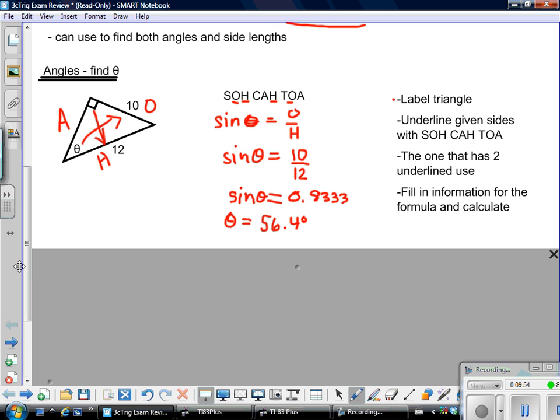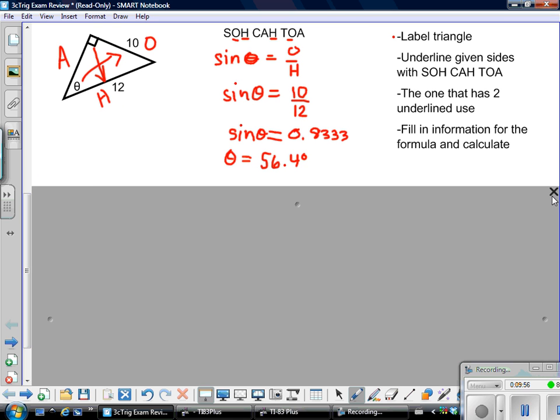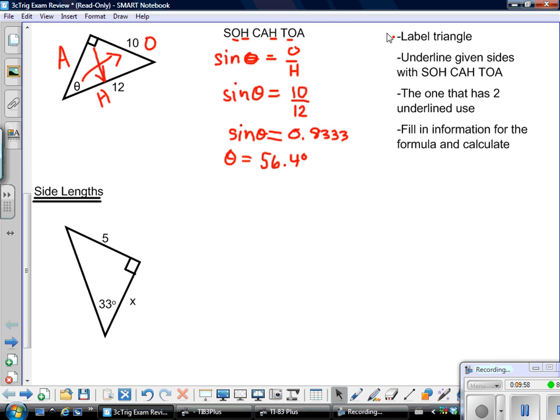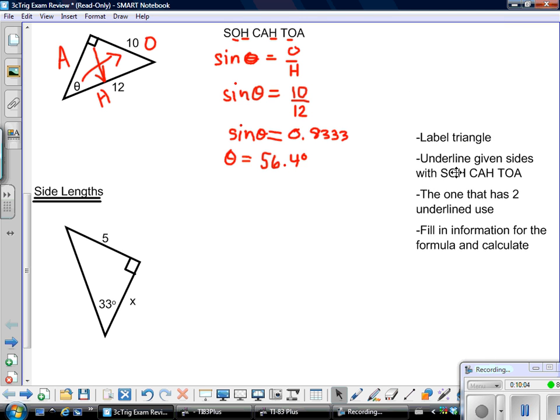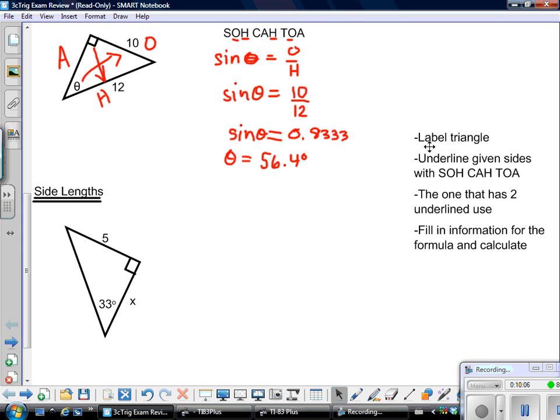The next thing that we're going to look at is finding a side length. Now, when we're finding a side length, we're actually using the exact same steps. So that doesn't change. It stays the same. So this time, again, labeling the triangle, and this time I'm not going to draw arrows. I'm just going to do it. So here's my right angle. So this is the hypotenuse. This time my theta, I know it, it's 33 degrees,